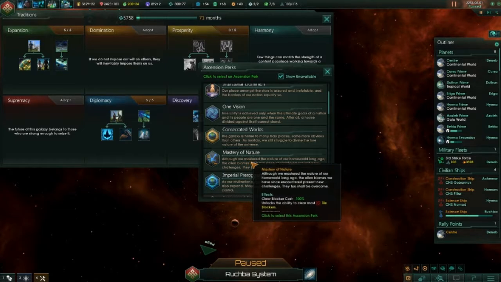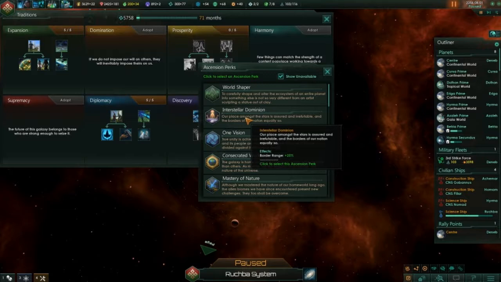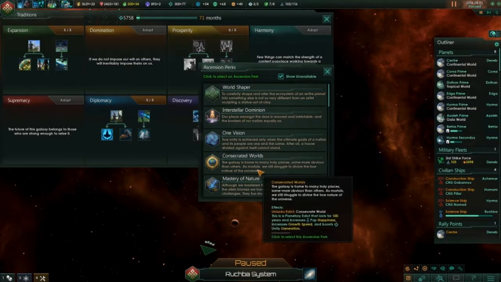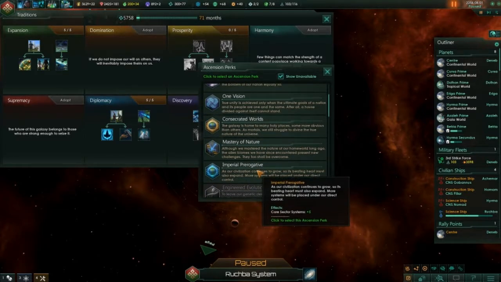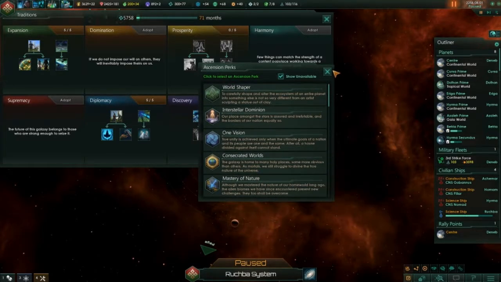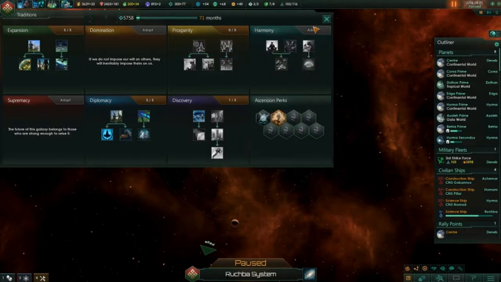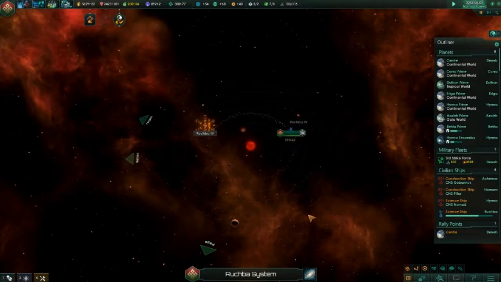Way too late to get Mastery in Nature because I've already been buying tile block removers. Interstellar Dominion could be interesting, but I don't think I want to really get that. Imperial Prerogative is hilarious, but I think what we're probably going to do is just wait on this to see if we can unlock either the psionic tree or the genetic engineering. And then we sort of go down whichever of those routes that we're capable of. And then in the meantime, we're going to sort of work on our prosperity. But,